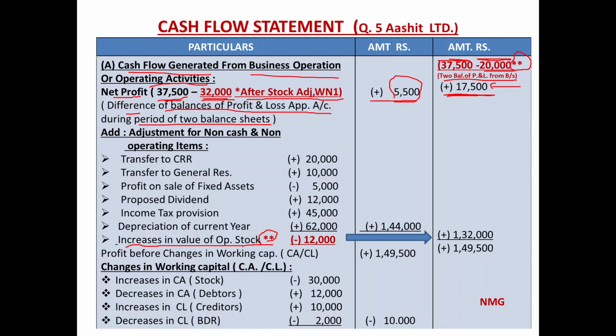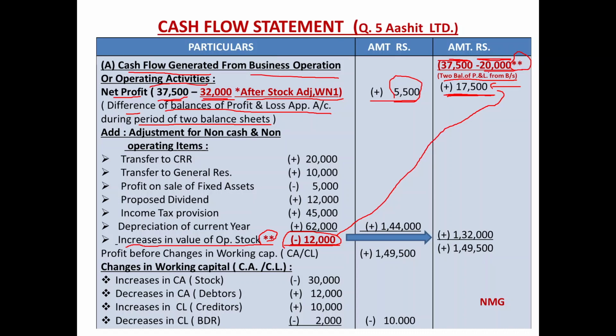Increases in value of opening stock minus 12,000, we have to decrease the net profit of the current year by 12,000. Why? Because you have increased the value of opening stock by rupees 12,000, and that affects the profit of the year, and that is why increases in value of opening stock decreases the profit of the current year, minus 12,000. So this 12,000 has been given in the context of this second option, जहां आपने बैलेंस शीट में से